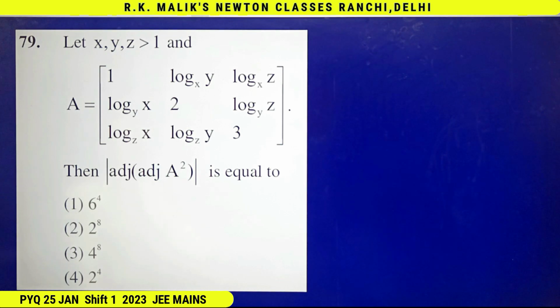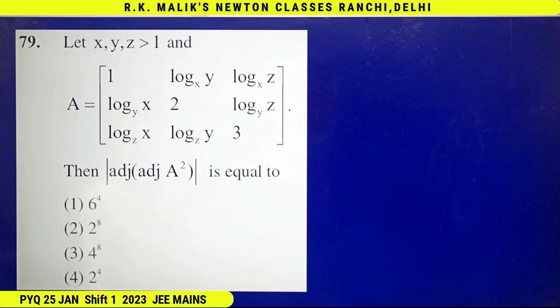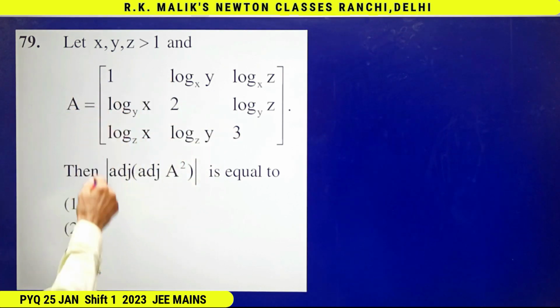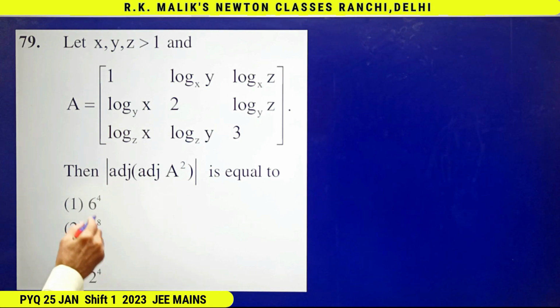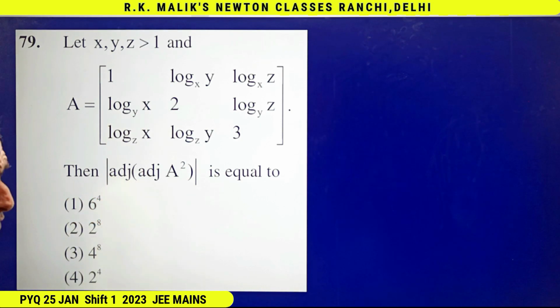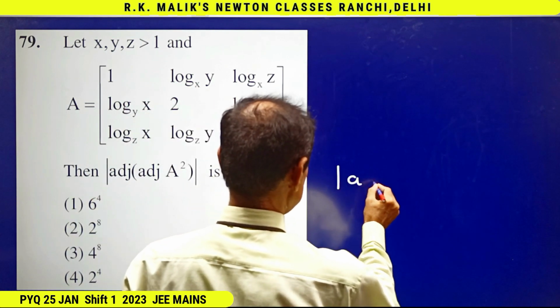In this question, it is given that x, y, z are greater than 1 and the matrix A is given by this. Then you have to find the value of the determinant of adjoint of A square. Before I do this question, I will say remember that